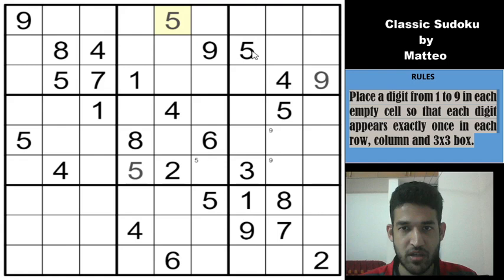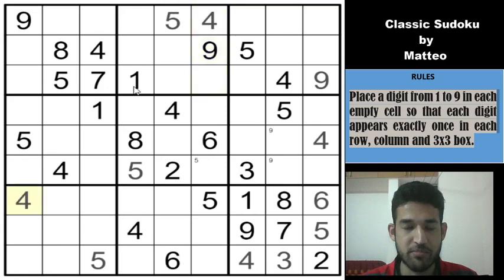There is a 4 in column 4 and 5, which means that 4 must be in one of these cells, and there is a 4 here, so that gives a 4 here. 4 in row 4 and row 6 gives me the 4 here. So the final 4 can be filled in row 7, column 1. All simple scanning techniques. So we have placed all the 4s, all the 5s.